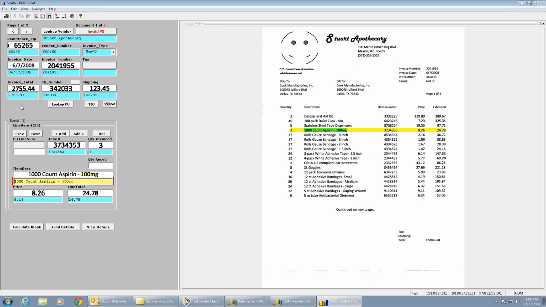So OCR technology has come a long way, but it's not 100%, especially when you're dealing with vendor invoices that could come in varying qualities. So the business rules help make OCR better by identifying problem areas of the invoice and bringing them to an operator's attention, so they're only having to do data entry by exception rather than having to key every field on the invoice. So right away, we can go down here and take a look at this field that's listed here